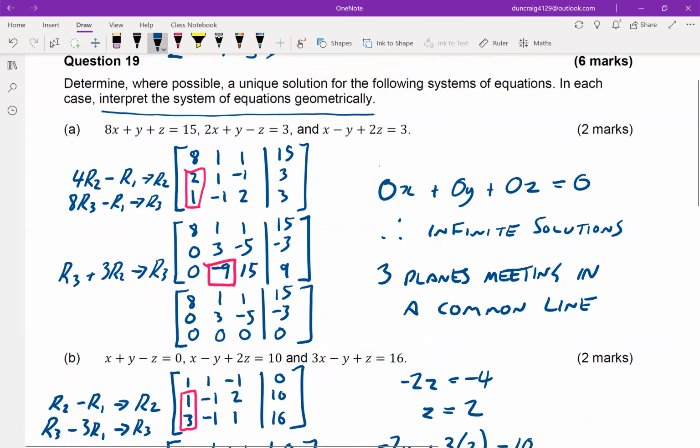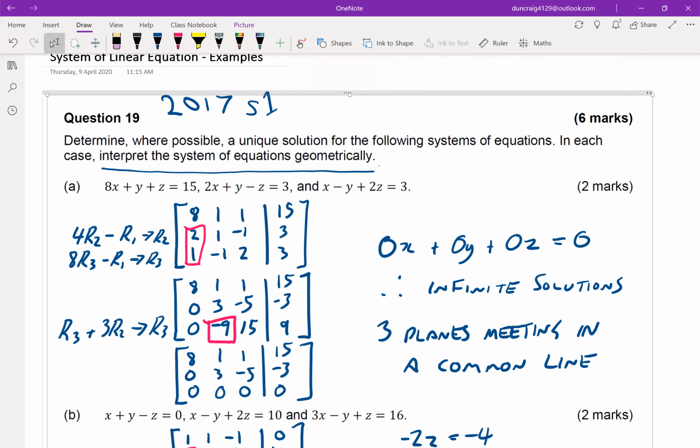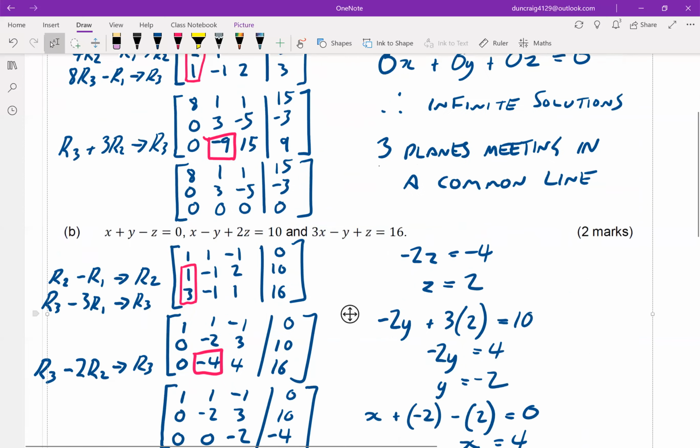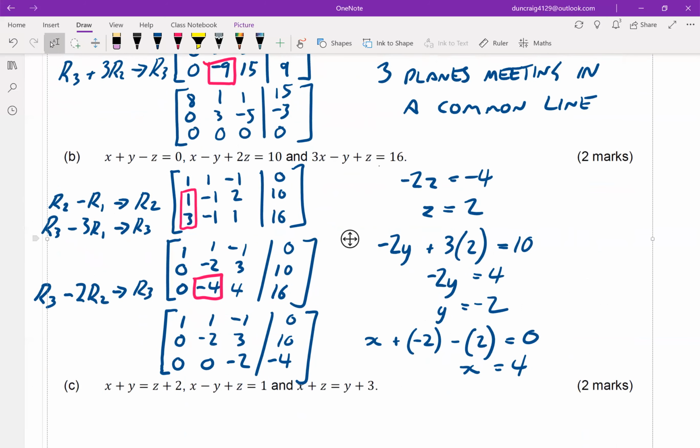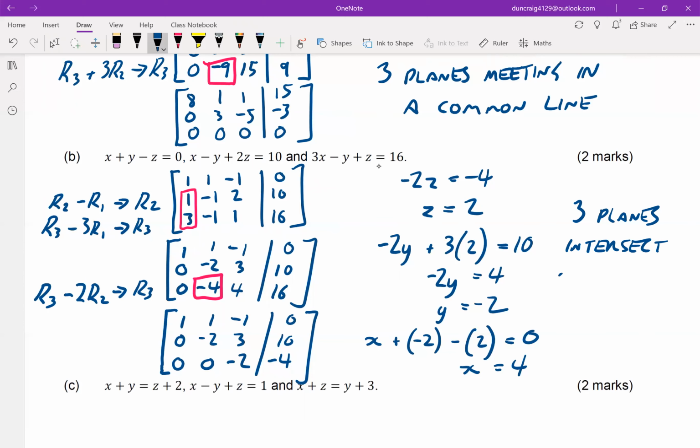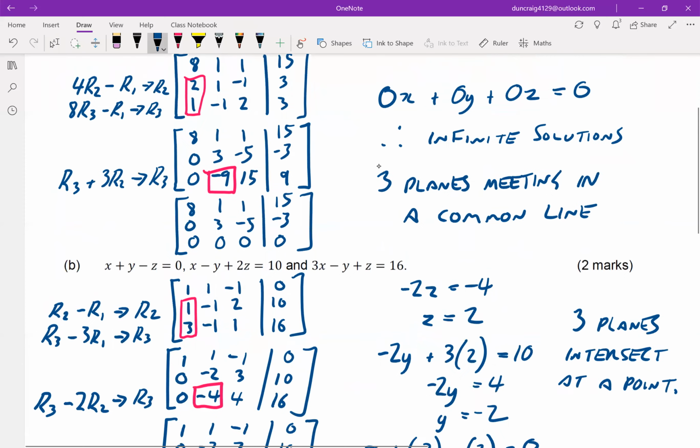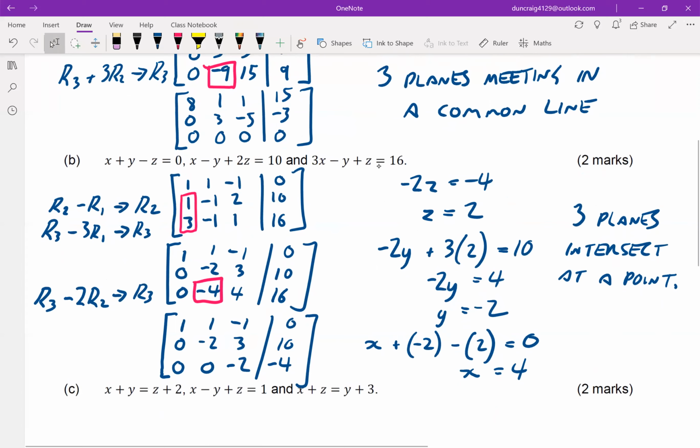So to answer the question, which is determine a unique solution, we determine it in each of the cases, interpret. So we can say that the 3 planes intersect at a point. Cool. Alrighty. So I'm assuming infinite solutions, unique solution, and I'm just going to write here as well, unique